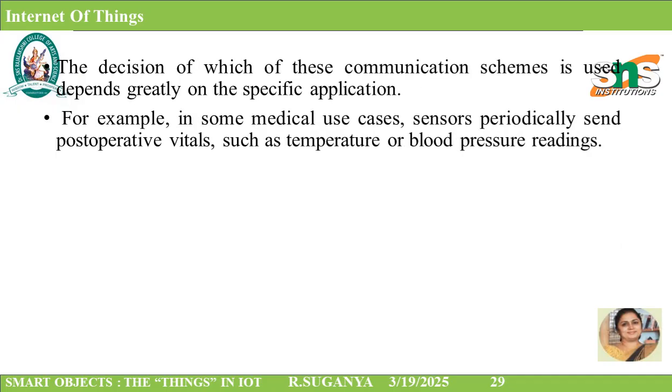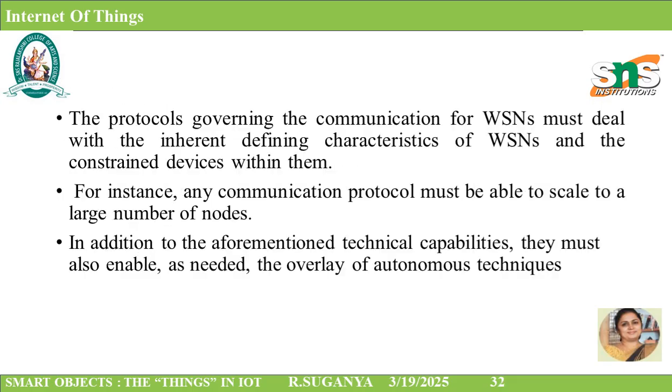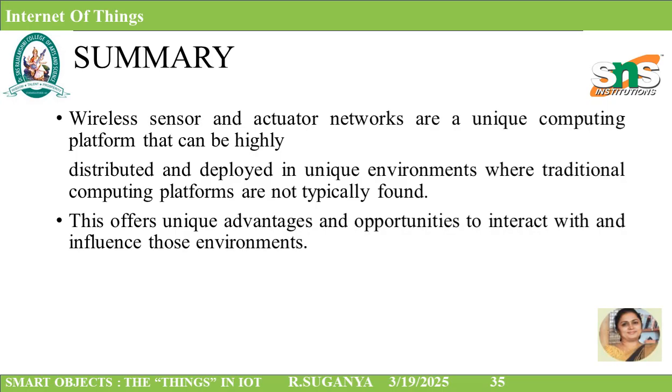Wireless sensors have evolved from single purpose, so a WSN has multiple types of sensors also, and we have typical protocols, and a communication protocol to scale to a large number of nodes. Here we have the communication protocol for wireless sensor networks and smart object communication patterns. We have seen the limitations of smart objects, the advantages and disadvantages of a wireless based solution, motes, and the sensor actuator network. In summary,